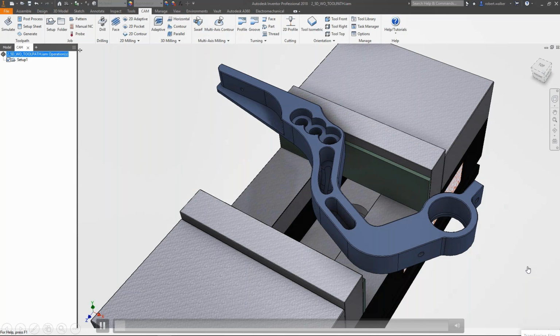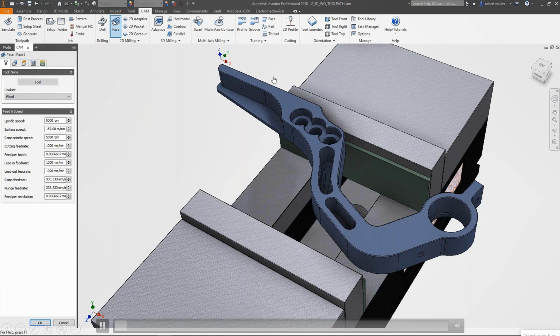And as the interface clearly indicates, it has a progression of steps, which includes the setup to start with, then defining the operation, and finally running the operation to simulate it and see how it is looking, and ending with generating the post code. So right now we are setting it up.